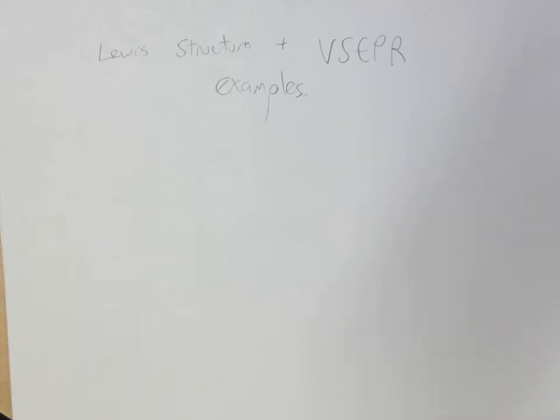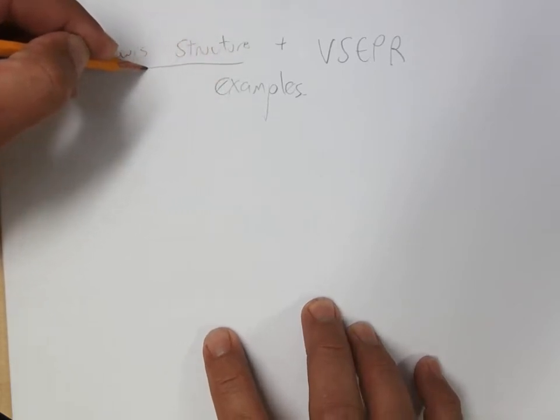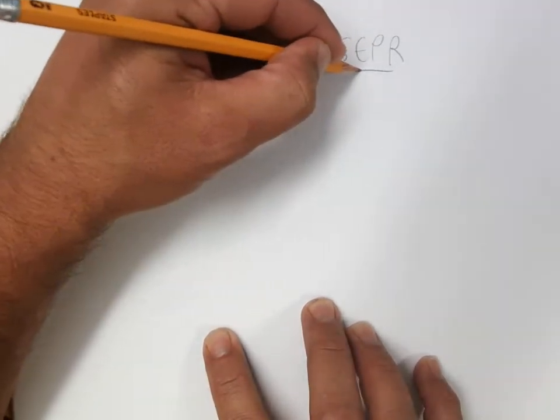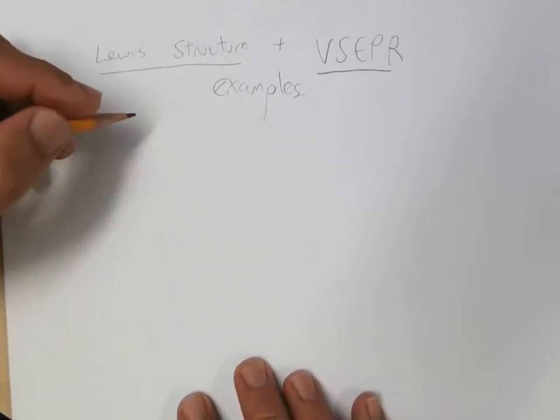One of the things that's always good for me to do is a couple of examples where I go through important molecules or ions and apply the 5 steps to draw Lewis structures and then some VSEPR interpretation so that we can see what we could learn about molecules by using these theories. So let's see, a classic would be